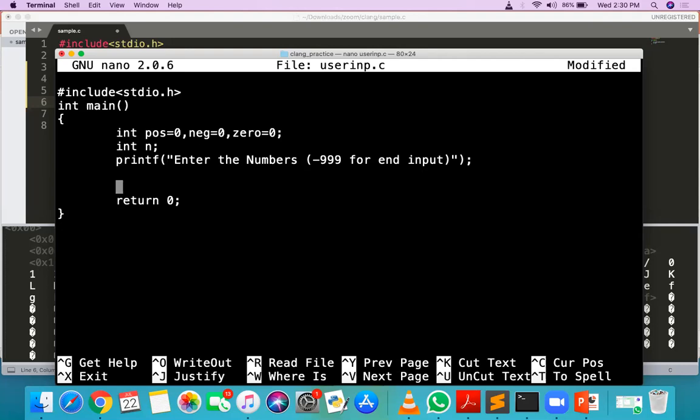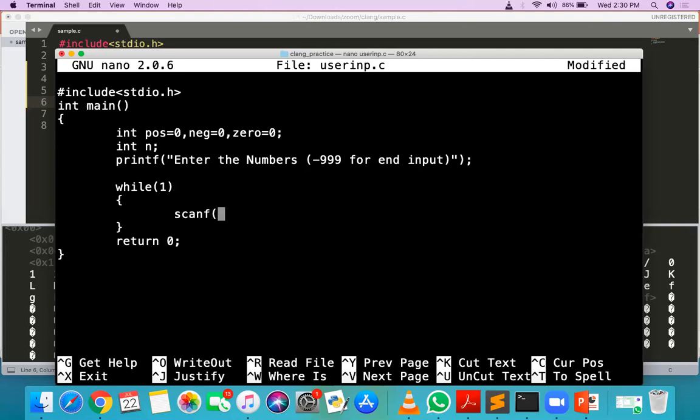So -999 is the last number. So a while loop we need to use here. What about scanf, sir? Yes, that scanf I am doing in a while loop, because I don't know how many times the scanf has to be executed.